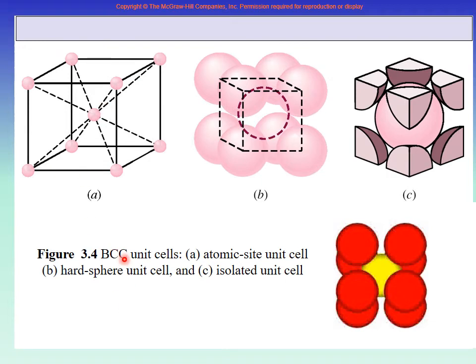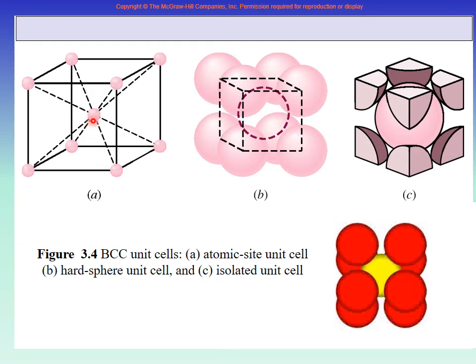body centered cubic, BCC, right? There is a cube, top and bottom, all 4 corners are occupied, right? So there are 8 and 1 in the center. But then we go to the basic second assumption that all atoms are touching each other. All atoms are touching each other. So suppose that in the beginning this is not there, the body centered is not there. So this atom will be until half here, do you understand? And this atom will be until half here, so that the top and the bottom will be touching. Similarly, this atom will be until half here and this atom will be until half here, so they will be touching each other. Do you understand?